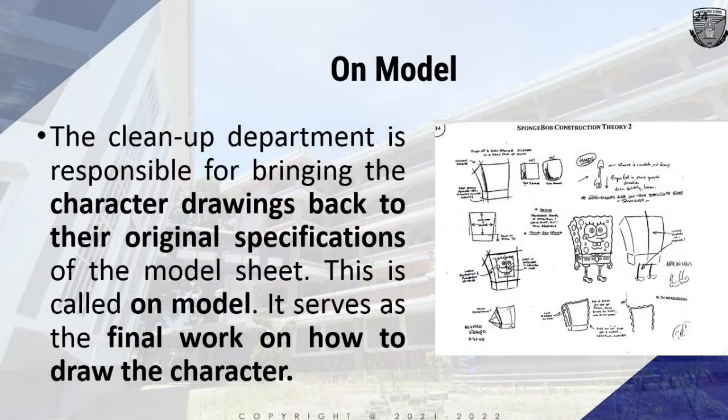So you have to make sure that when creating the character itself and the poses, it should always be on model, meaning the size, the proportion, the height, the weight, and so on should always be based on the rough. This is an example of constructing the SpongeBob character. It should always be on model, meaning it should be similar to the created rough key drawing. And as you can see here, the specifications of the size and the size of the hand and feet are also placed on this one.